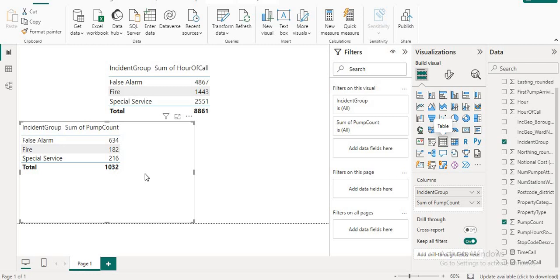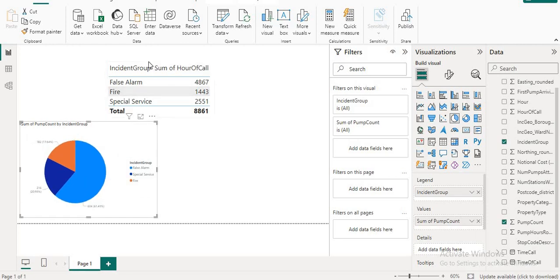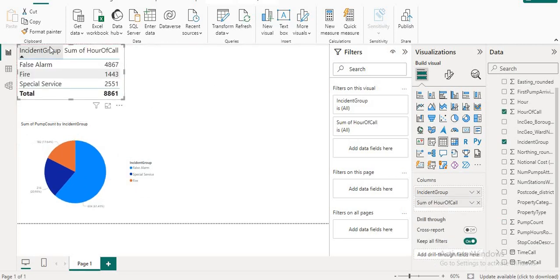Special services is 216. It means that the result of Power BI is right, and now I again convert it to this pie chart shape, and we make it